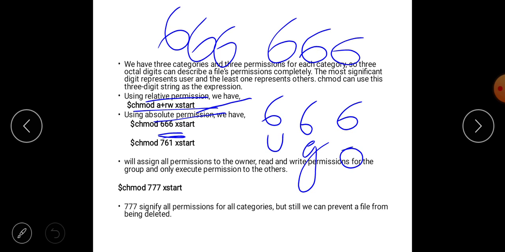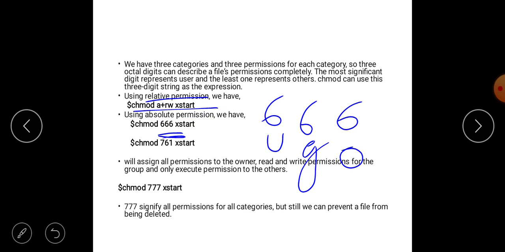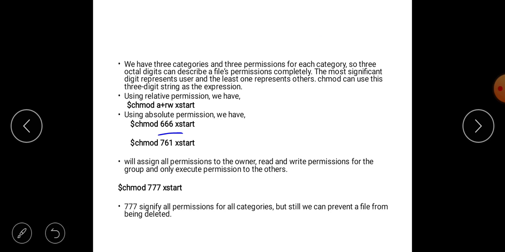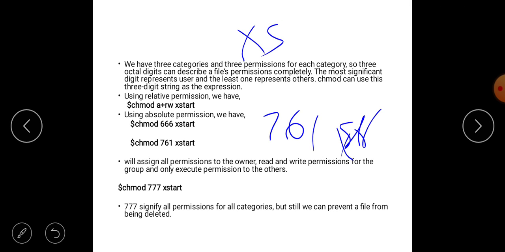Next we will take another example. chmod 761 x start: now we are changing the permission for x start, giving the actual number 761.